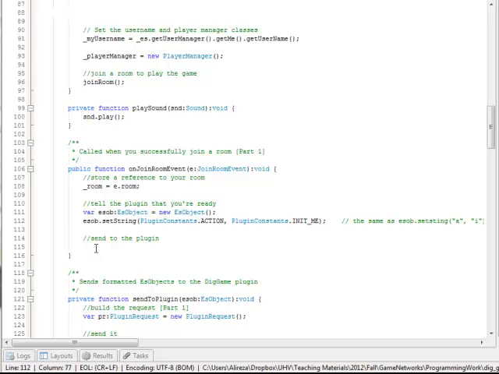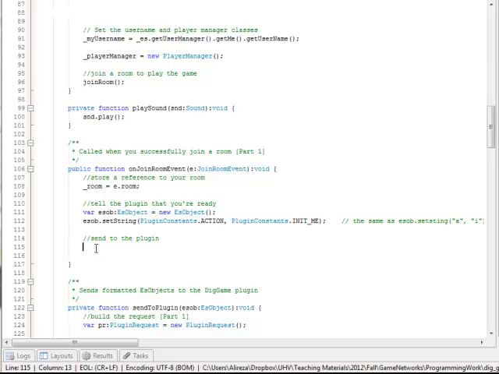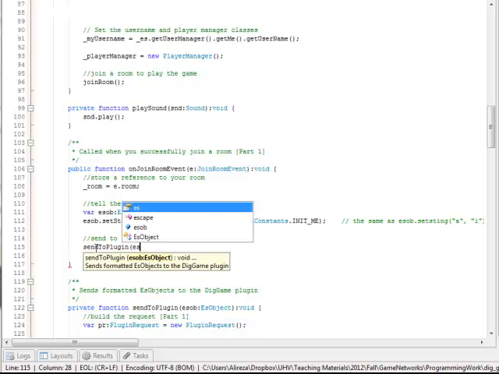So this will initialize my plugin with the ElectroServer object that is going to be passed to it, and then we send to plugin my ElectroServer object